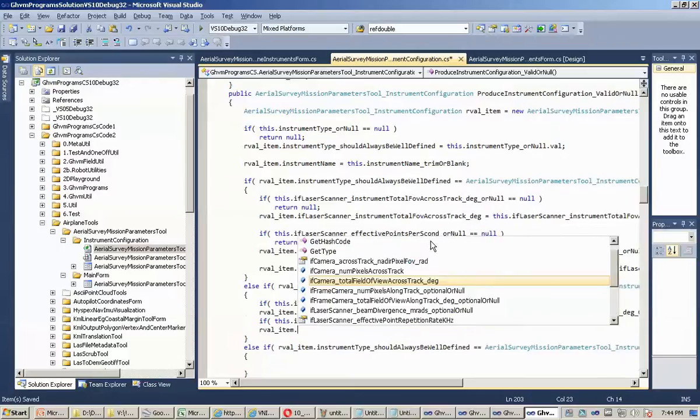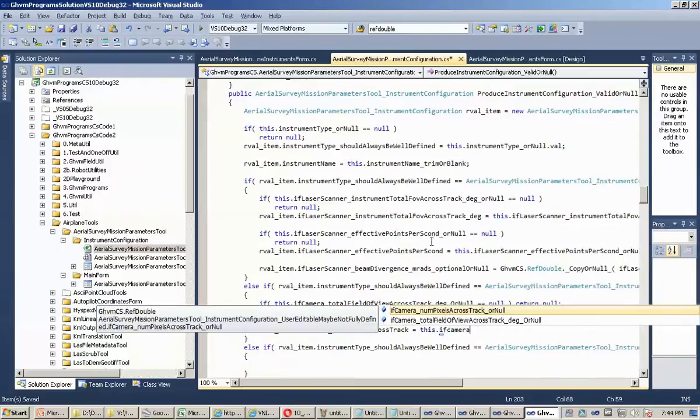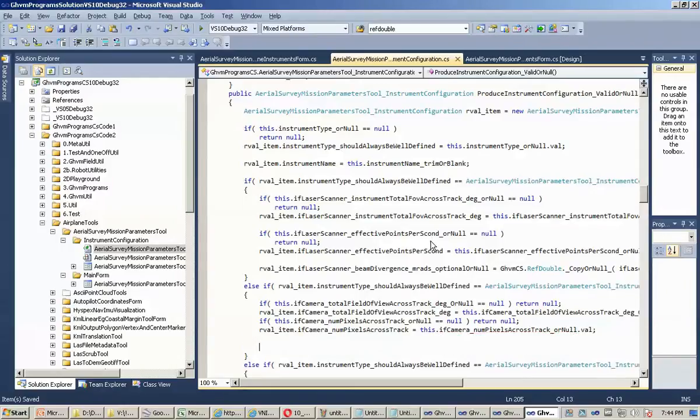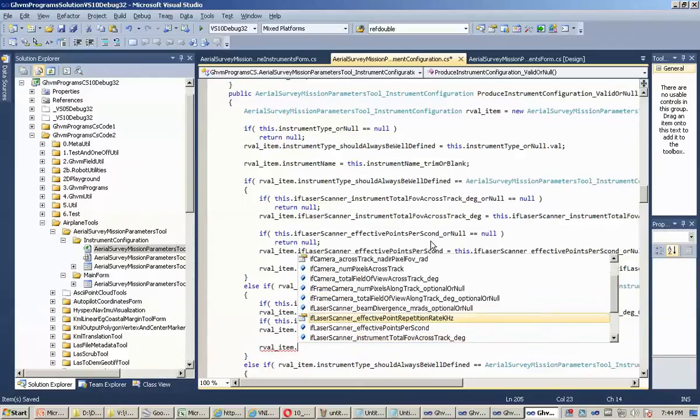If camera num pixels, well, and then the others are optional, right? So, I mean, we could duplicate the testing that we did, but I'm not gonna. To say that you need to have one or both, I mean both or neither, but